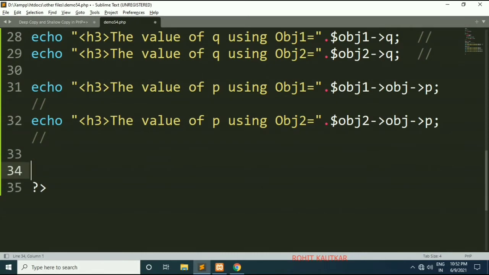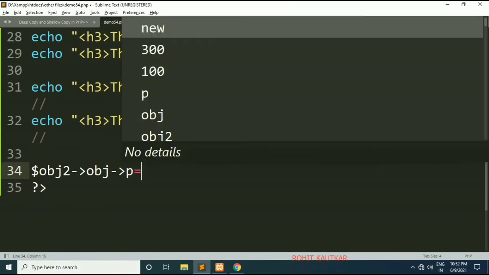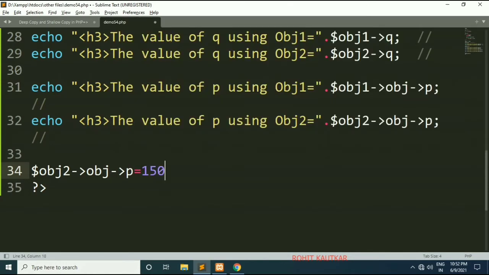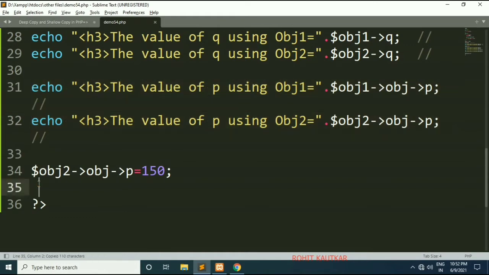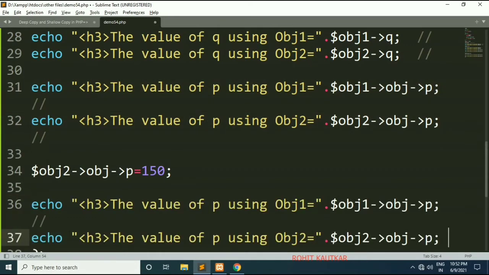Now I will try to modify the value through object 2. So what I will write here, I will write p is equal to 150. And again we will try to print. Now as we have created the shallow copy, it will get reflected within both objects.